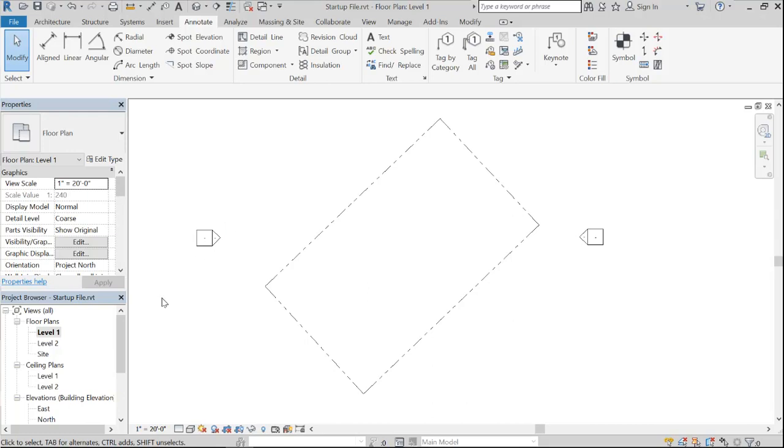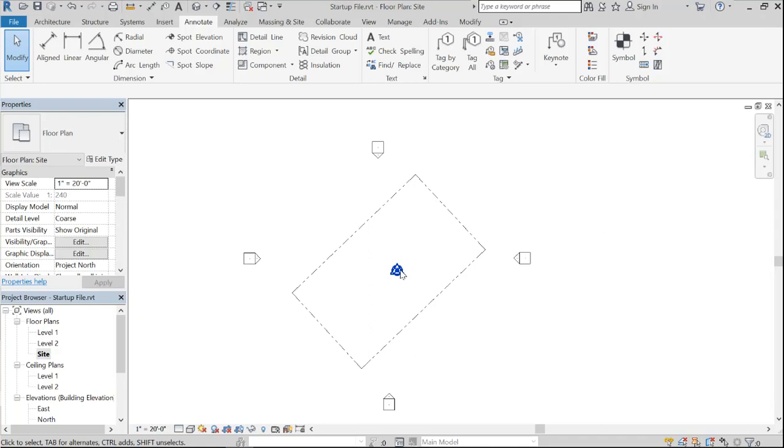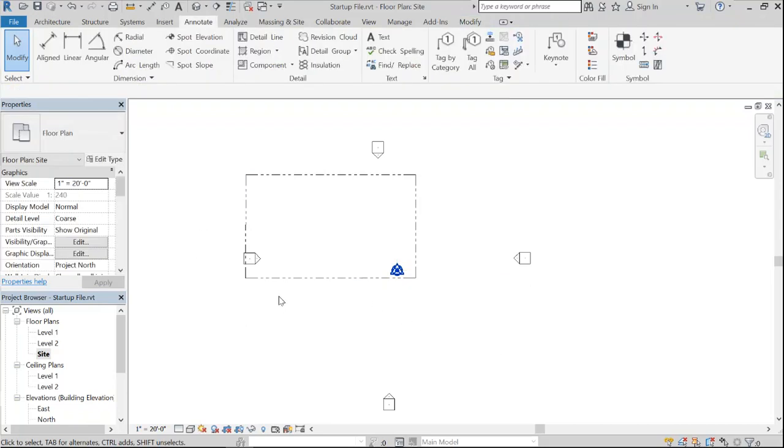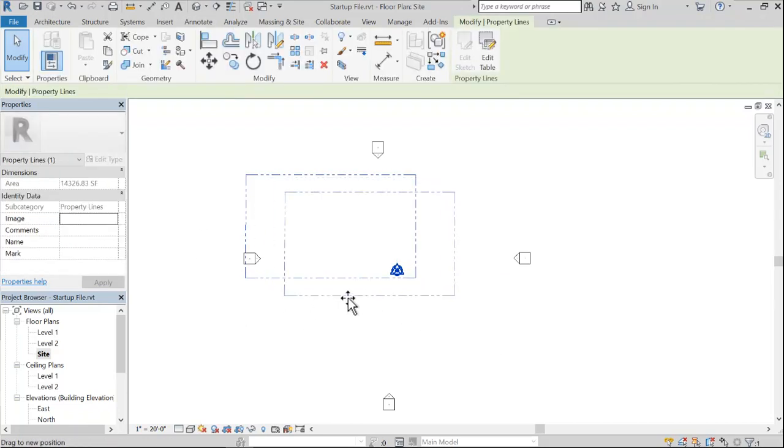What I can do now is I can go to my site plan, and I can click on this little gizmo in the middle, and I can tell this angle to true north. So I'm going to change this to 43.3 degrees. And I don't like how that looks, so I'm going to change this to a minus 43.3 degrees. And what that does is it basically makes this